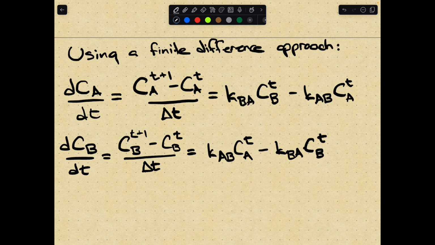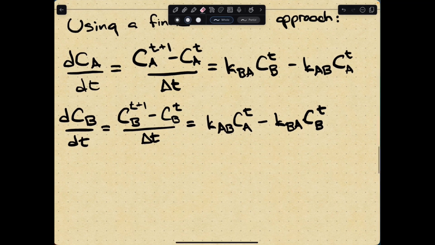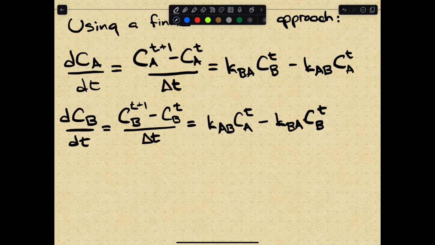So the only thing that's different in any of these equations are the terms that have the t plus 1 on them. Those are the special ones. And we can isolate those on the left-hand side. And in principle, if we can get numbers for all of the other things, solve for that unknown term. So solving for the t plus 1 terms,